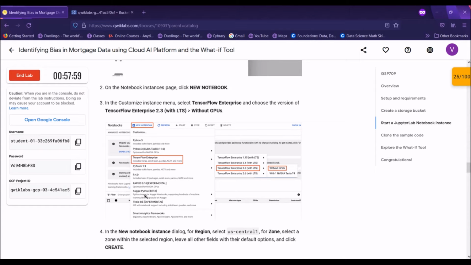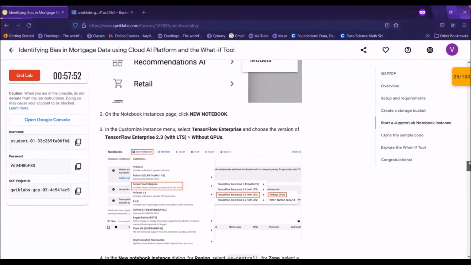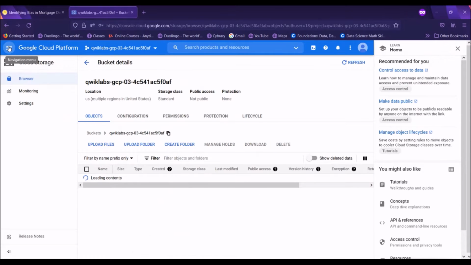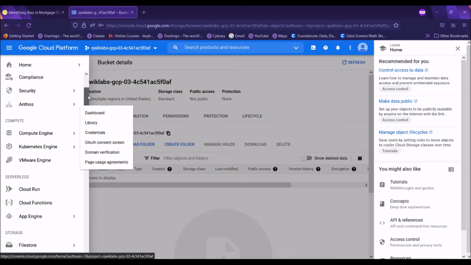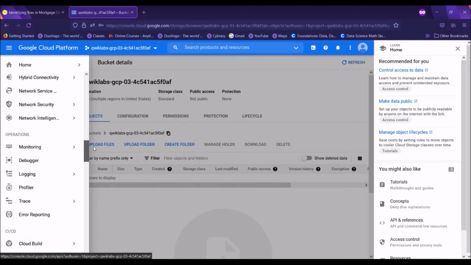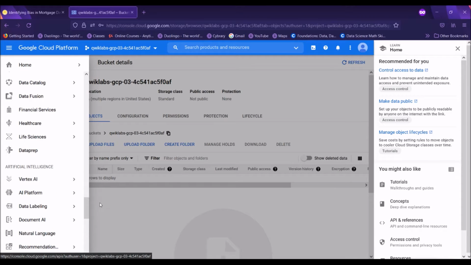We will be opening a TensorFlow Enterprise notebook. So again, we'll go back to the lab. AI Platform, Notebooks.